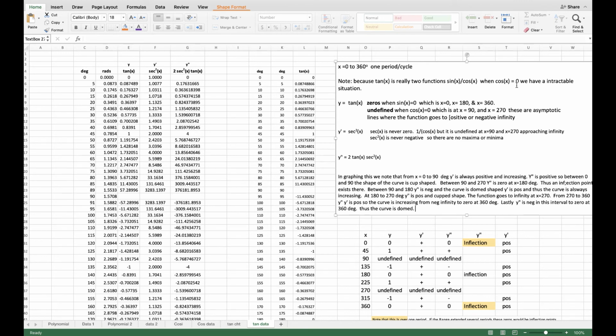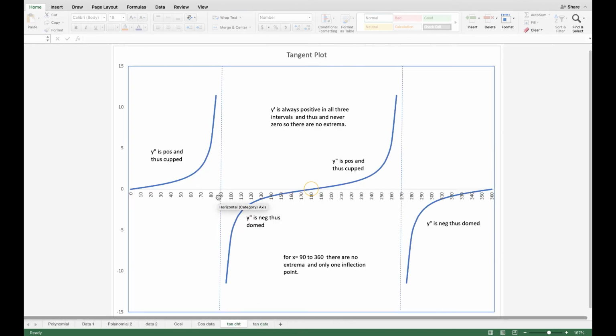So what we have at those points, 90 right there and 270, these act asymptotically as limits for the function. On this side, from 0 to 90 degrees, you'll see that the second derivative is always positive. It's cupped. Therefore,